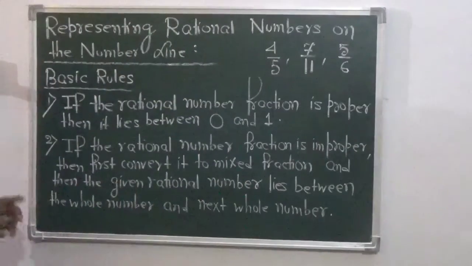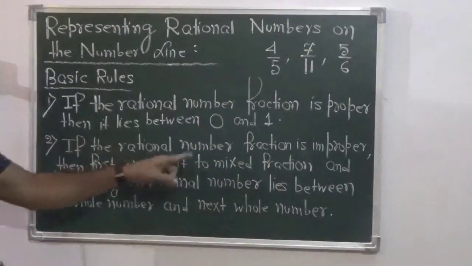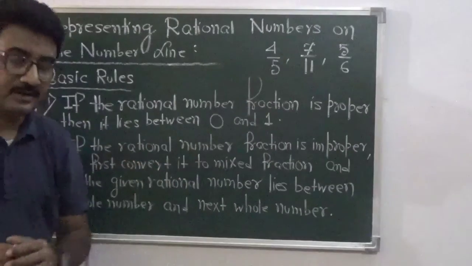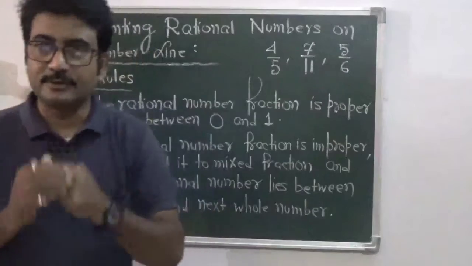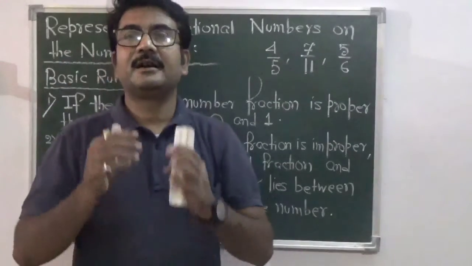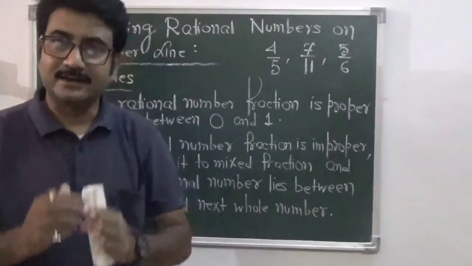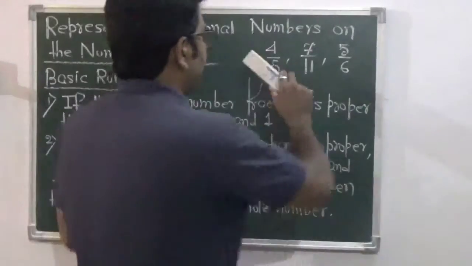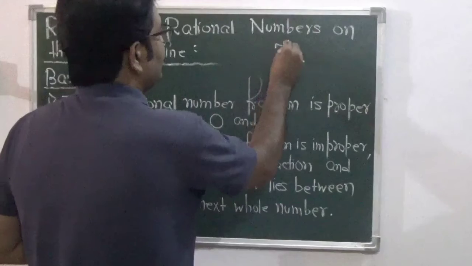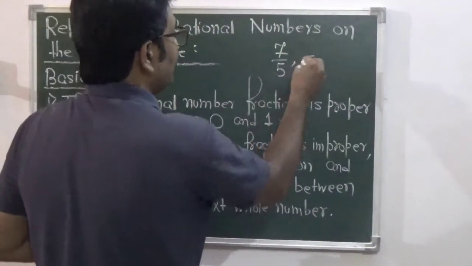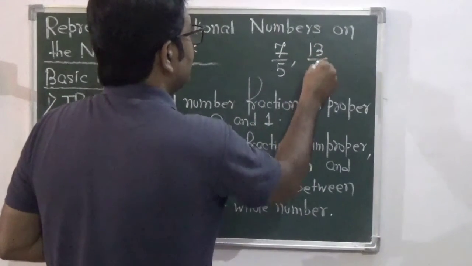Now moving on to point number 2. If the rational number fraction is improper. Now what are improper fractions? Improper fractions are those fractions in which the numerator is greater than the denominator. For example, we have 7 by 5, 13 by 6,